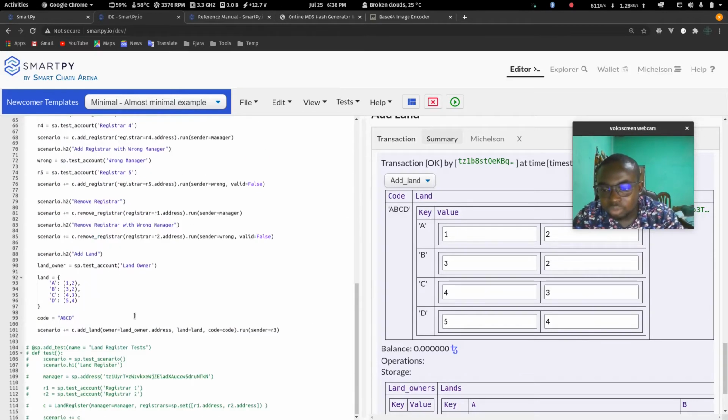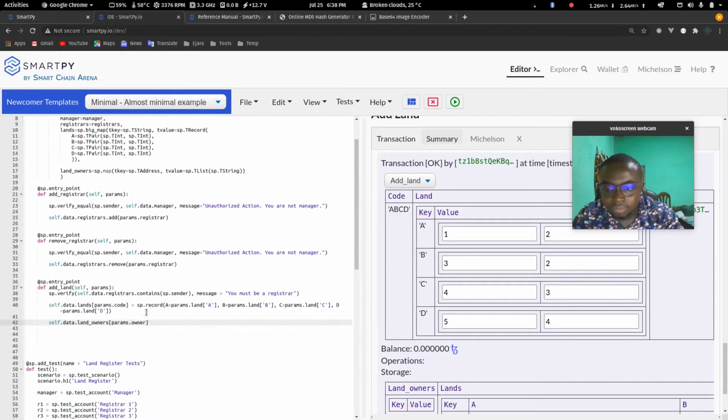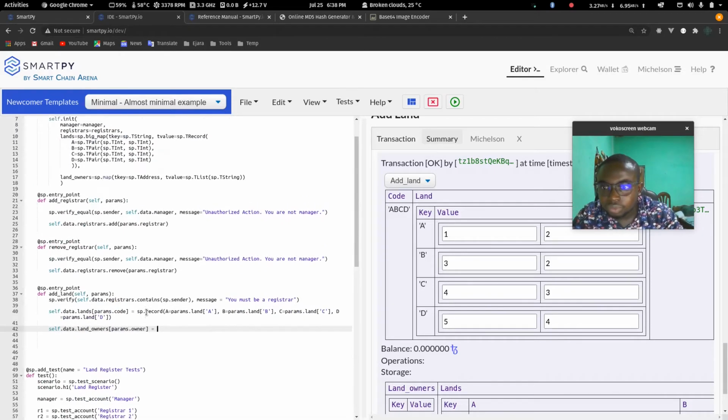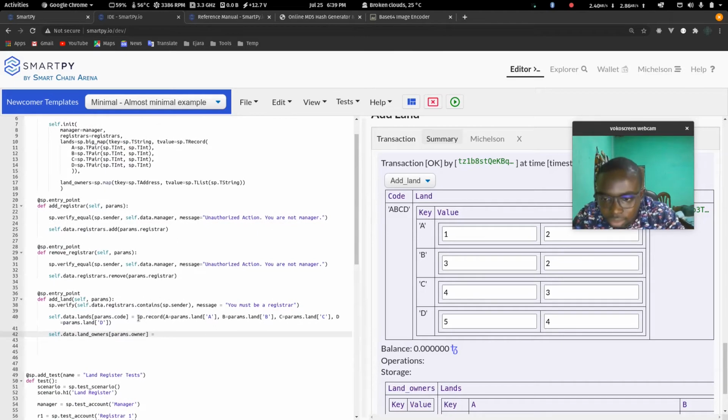Remember, we need to pass the owner, the land owner, and then that's equal to sp. We have a list, so we just say params.owner equals